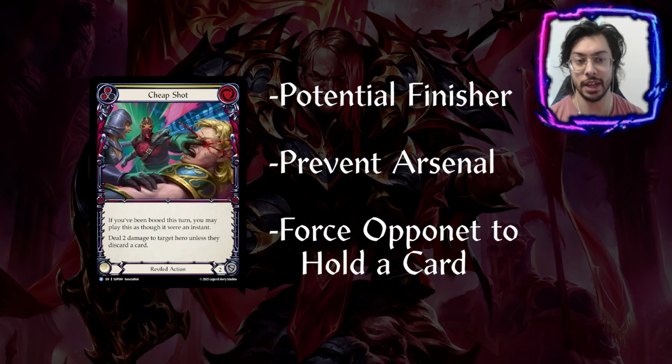You can use it just to, again, try to present that chip damage, making your opponent have to decide between arsenaling a card or, again, taking the 2. Or you can use it ultimately, again, nearing the end of the game as a way to force your opponent to always hold a card. Because if this is in your deck and this is a possible threat, then they have to be wary of